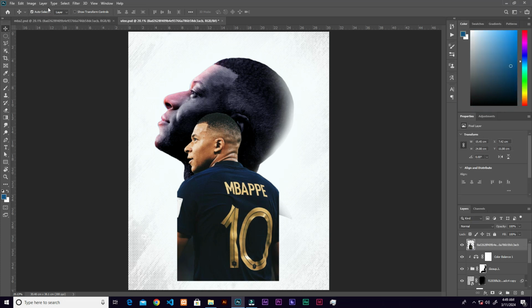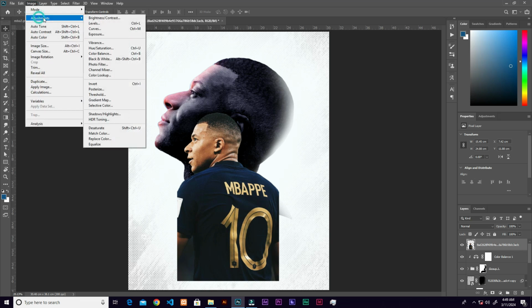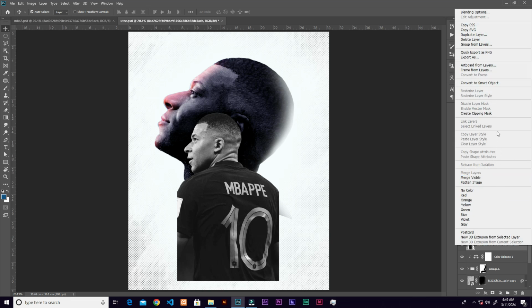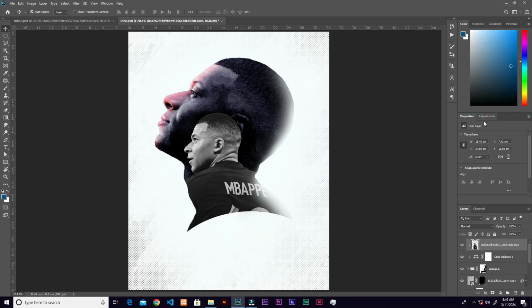Then go to Image, Adjustments, and then down here we have Desaturate. I'll just use that to make it black and white. Now let's right click on the image again, and this time let's pick Create Clipping Mask to put it